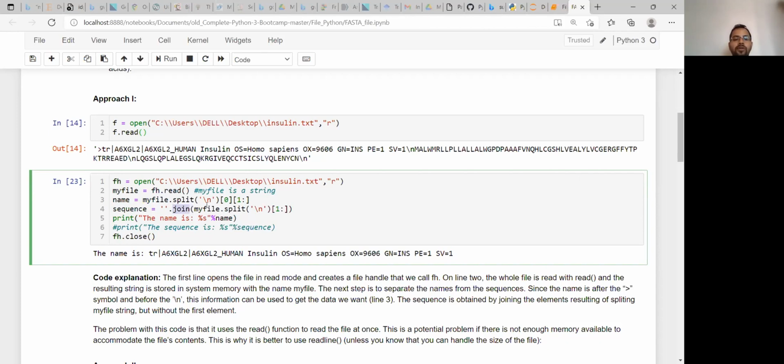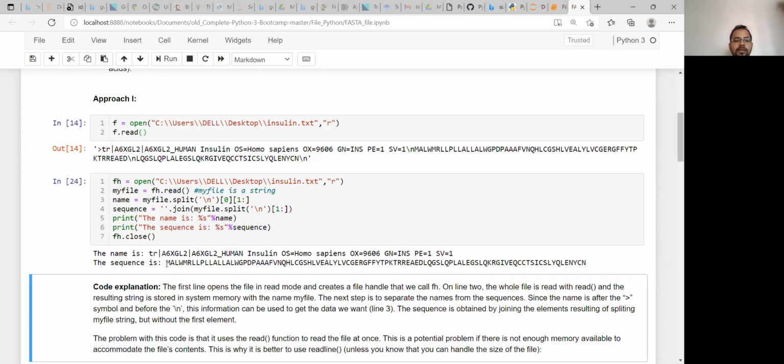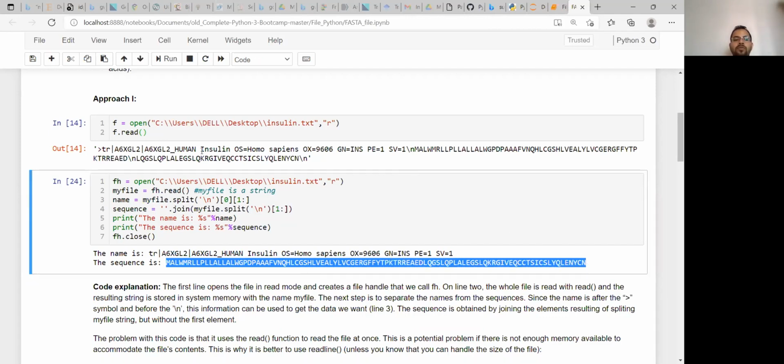My file dot split \n, from the one element. That means we are not joining the first element, we are joining from the second element, so the second and third will be glued together. If we print this sequence, you will get the whole sequence printed without \n and without this header line.